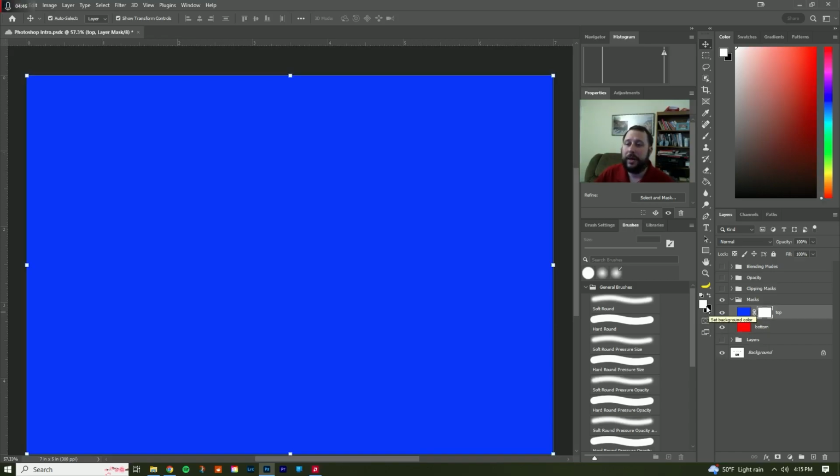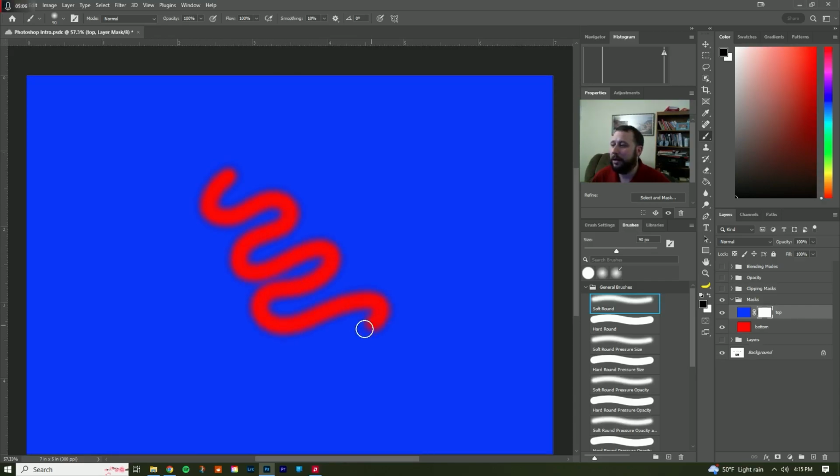So right now I have white shown. If I hit X on my keyboard, it flips foreground and background. So this close one is always the foreground color. If I hit B to use a brush and I want to go painting down here, I'll turn the flow all the way up. Now I'm clicked on my mask, and if I paint with my black brush on the